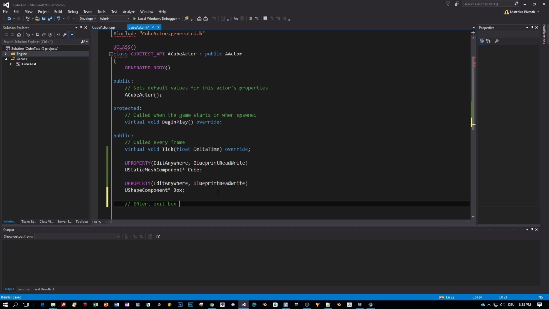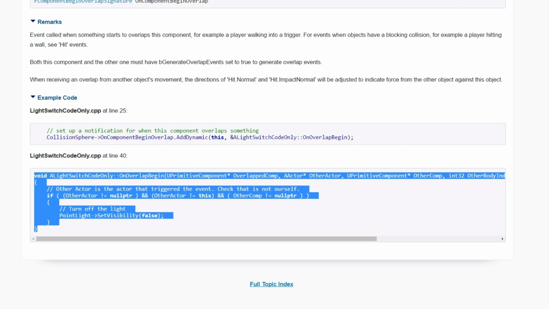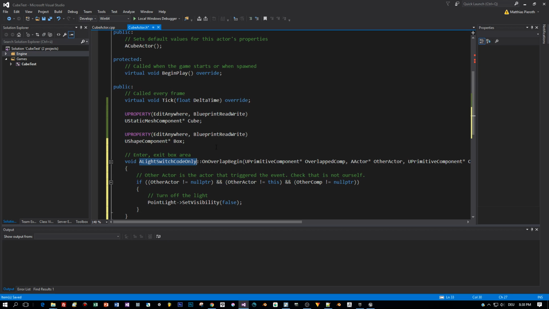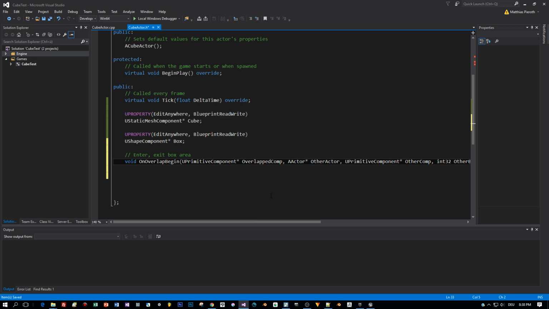Okay, and now it's getting a bit more complicated. We need the callbacks, these methods onBegin and onEndOverlap. So let's open the Unreal Engine API documentation for C++ for the method onOverlapBegin, and let's copy the whole implementation here. Just Ctrl+C and now press Ctrl+V to copy this into the header file, remove the class identifier and the implementation, so that we just have the declaration of the method in our header file, and then I switch to